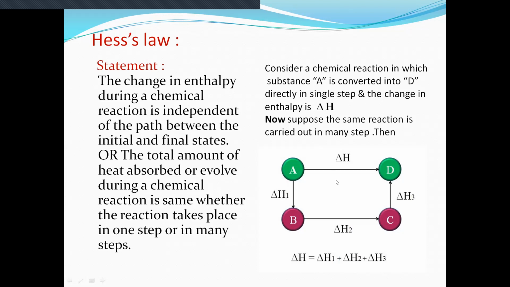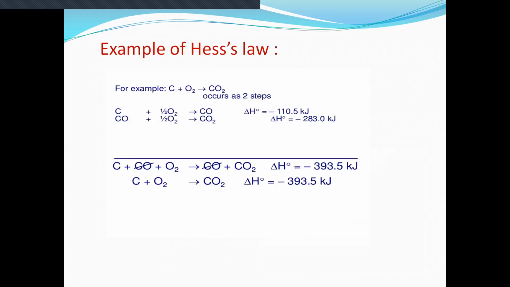Okay. Now let us take an example, the formation of carbon dioxide. How is carbon dioxide gas formed? Carbon dioxide gas is formed in two ways. In the first way, carbon is heated in excess of oxygen, then carbon dioxide, CO2 gas is obtained, and the enthalpy change in this process is minus